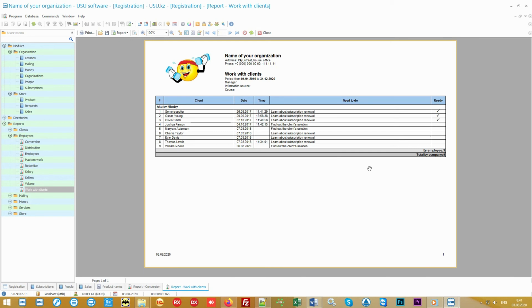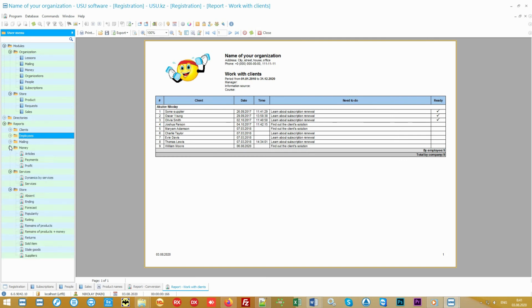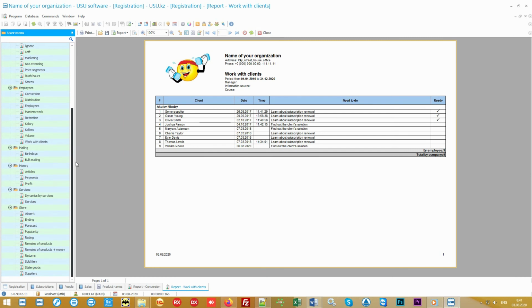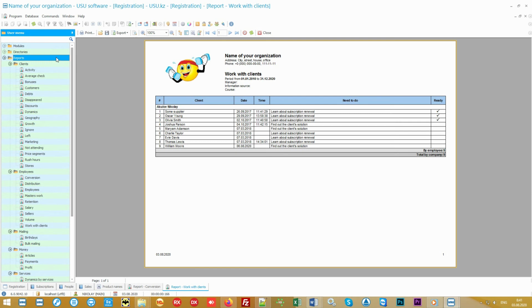And now we have reached the most interesting part. Let's see the reporting. Our program is the leader in management accounting. This is what every director of any organization needs like air. You will not find such a quantity of useful analytics anywhere else. It is with the help of analytical reports that you can easily identify the weaknesses of your business and improve them. The faster you do this, the faster you will eliminate all possible financial leaks.